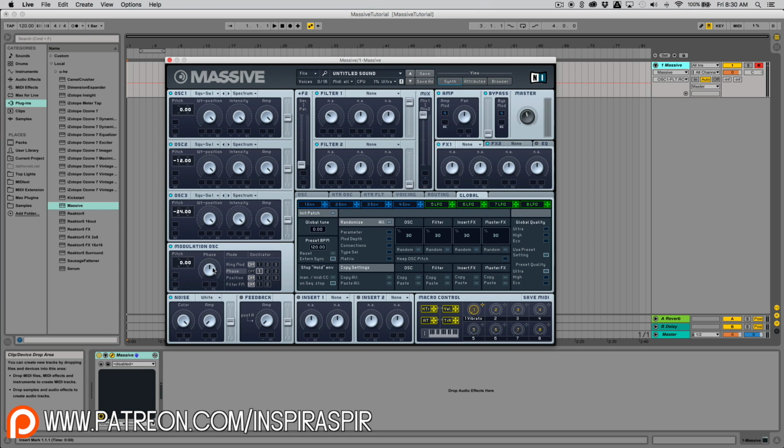Now I can change my phase knob by clicking and dragging up or down, and this determines how much phase I'm applying to oscillator 1. So if I were to play my sound and just sort of drag this knob up, you can notice a difference. And of course I can apply it to different oscillators too. So if I wanted to apply it to oscillator 3, for example,